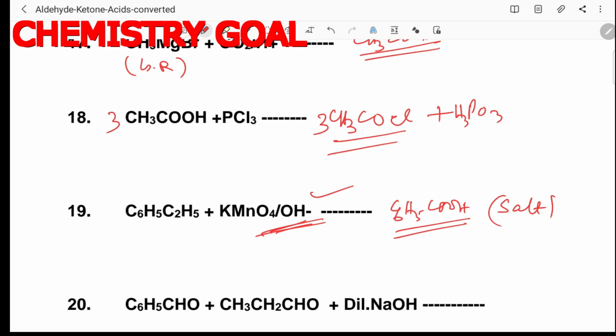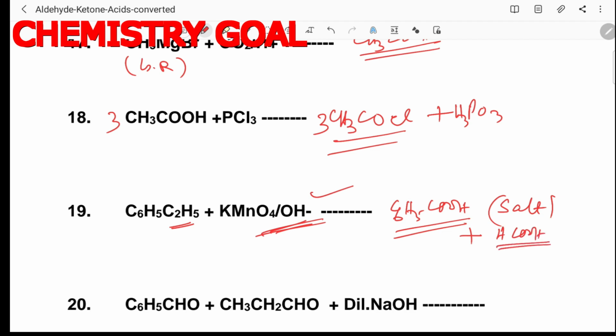We have to remember, when benzene is attached to any R having hydrogen, attached to a carbon having hydrogen, the result is always benzoic acid. The oxidation product is benzoic acid. Then it may contain two or three more carbon atoms, but the main product will be C6H5COOH, and the side product is the remaining carbon atom. As it has one carbon remaining, it is formic acid.